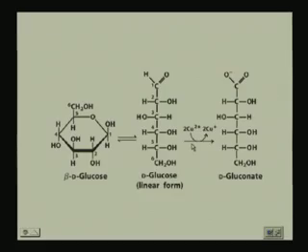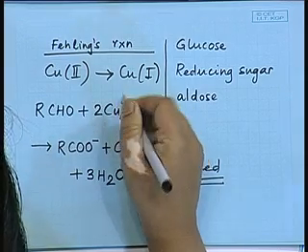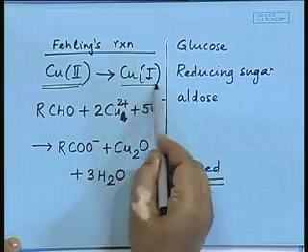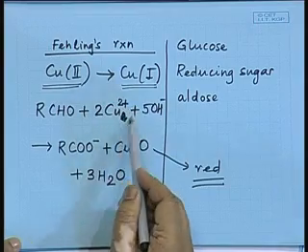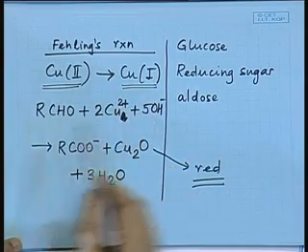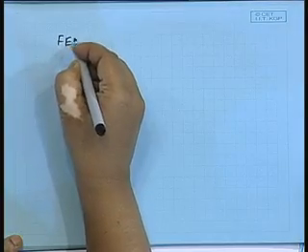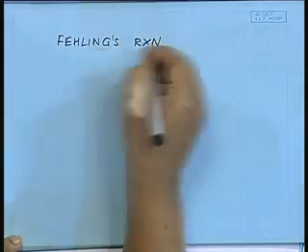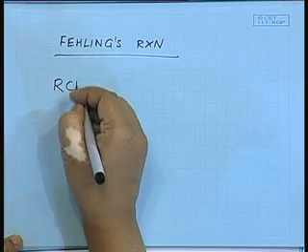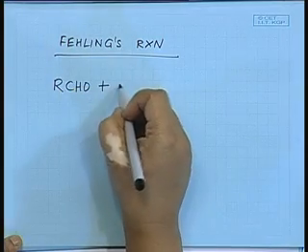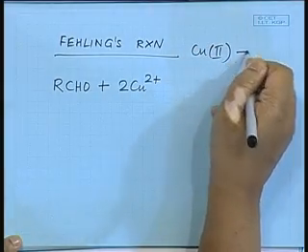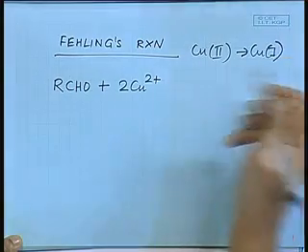I think in my reaction I wrote it wrong, right? It's supposed to be here. This is what it's supposed to be because we have a reduction, right? So, the Cu2+ is going to the Cu1+. So, it is 2Cu2+, not here. Okay? So, let us just write that once more. For the Fehling's reaction, we have RCHO, that aldehyde, plus, because this has to be reduced, going to Cu1+. The first case we did not do that,